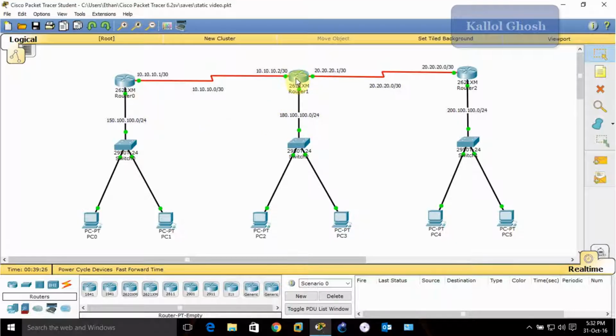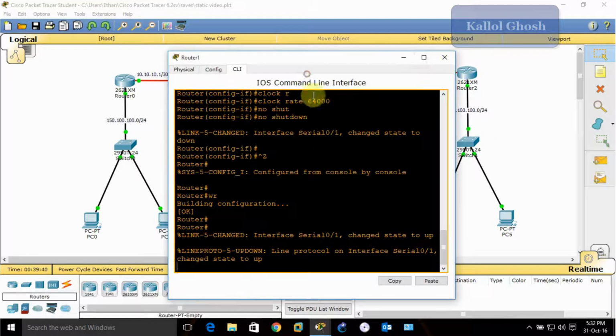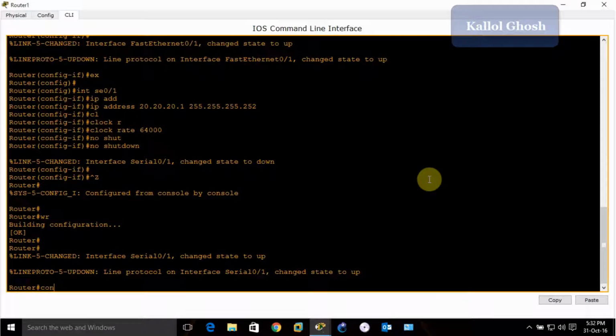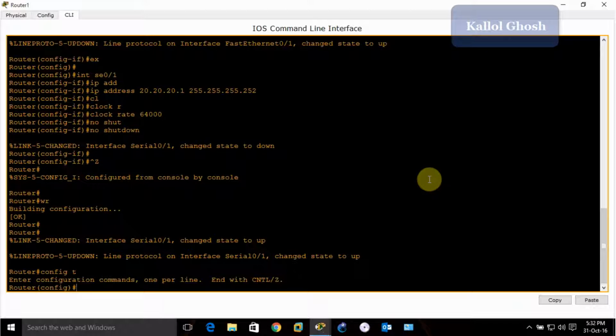I'm going to configure this router. So this router knows this network and this network because it is directly connected. It is not directly connected with these two networks, this one and this one. So we have to configure these two networks. So first go to the configuration mode, same as I have done, and press IP route